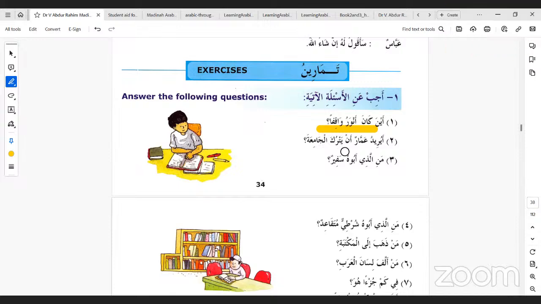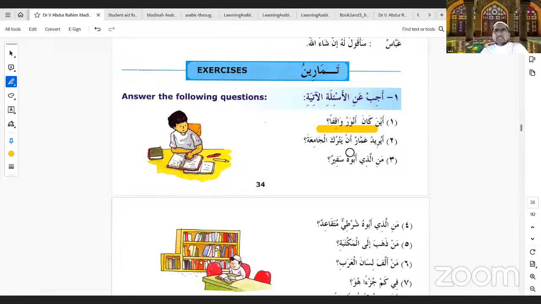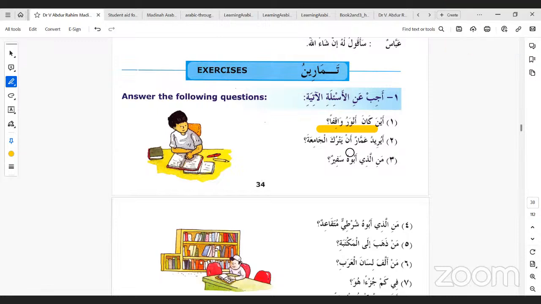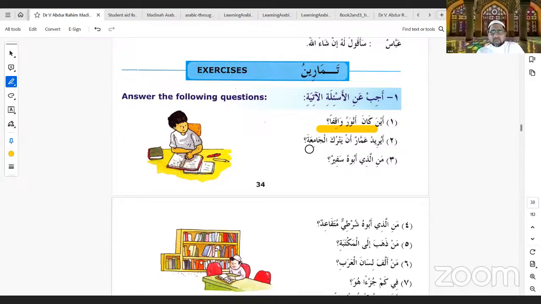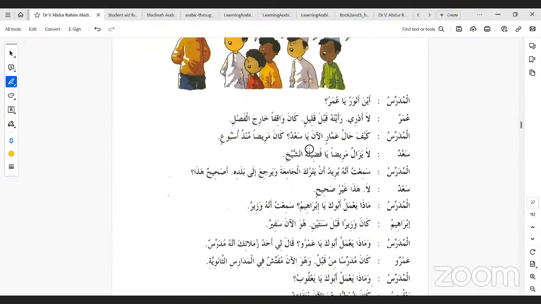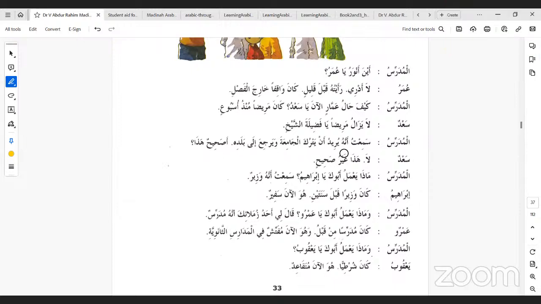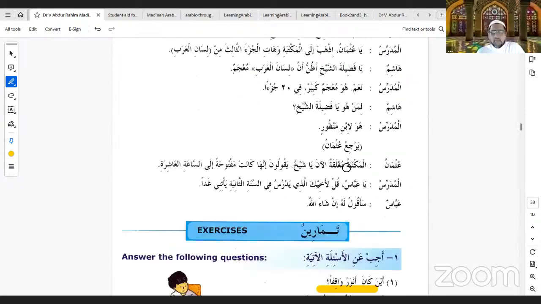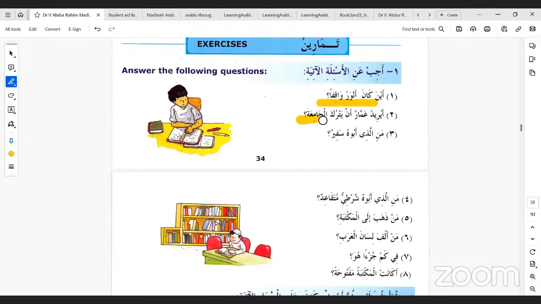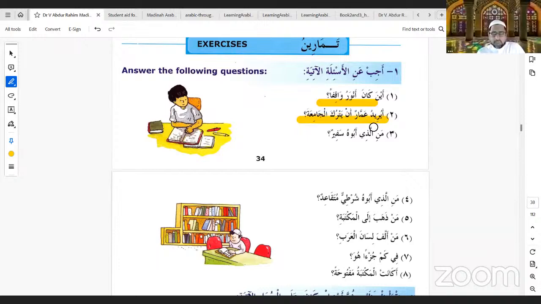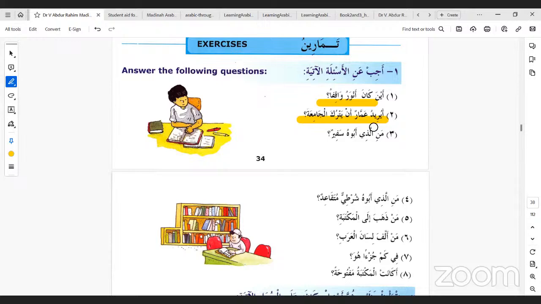Uridu Ammarun an yatruk al-jami'a. Does Ammar want to quit the university? It's not "did", it's present tense. Go back to the lesson. So he said أنه يريد أن يترك ويرجع إلى بلده. لا. لا. هذا غير صحيح. No, أمار لا يريد. لا أمار لا يريد أن يترك الجامعة. Correct. من الذي أبوه سفير؟